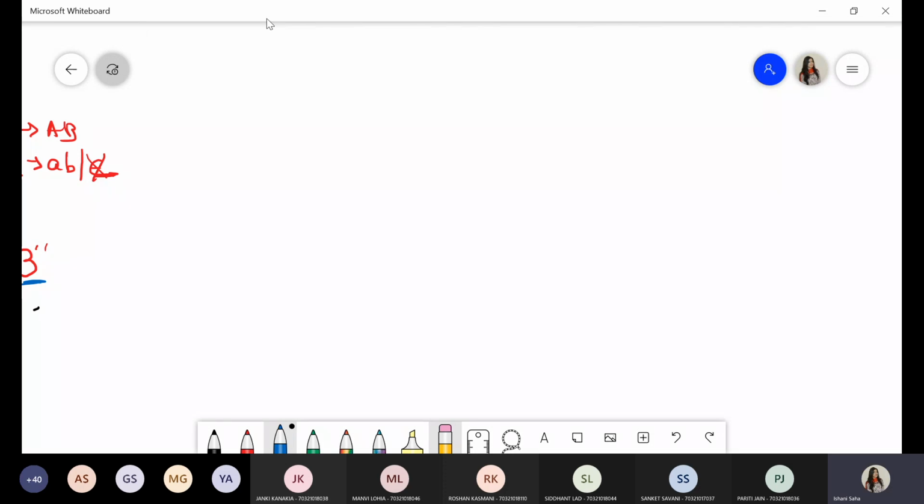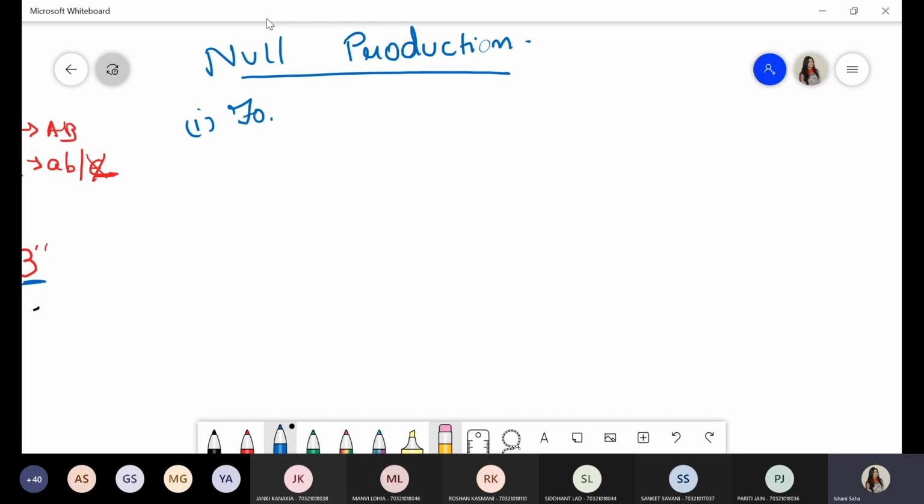The very first thing you have to do is form the null set. And how will you form the null set? By checking